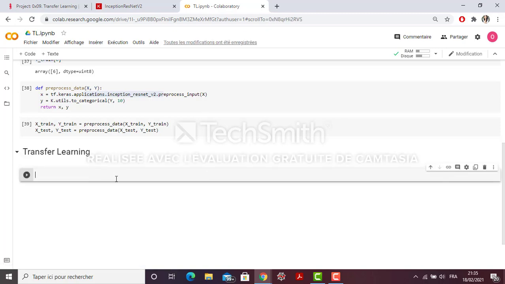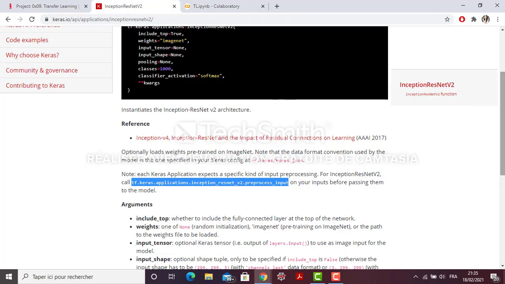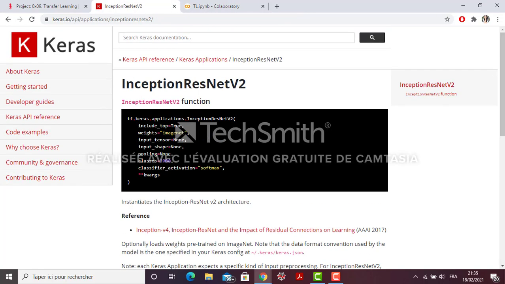So the first thing to do is to create my base model, which is taken from keras.applications. Let us see how it's written. So InceptionResNetV2.